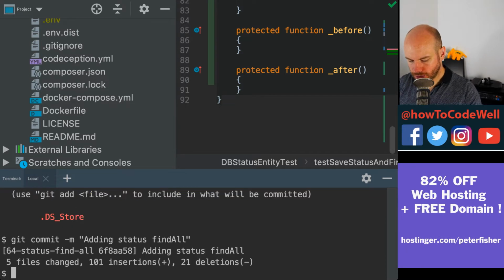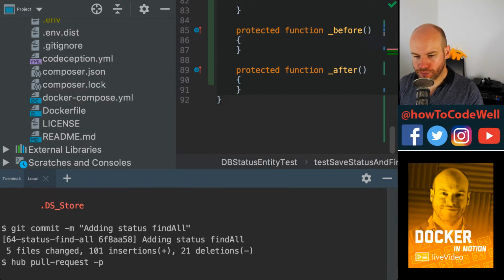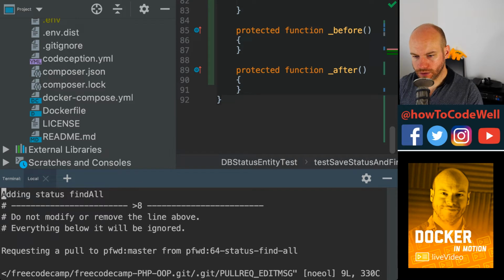Wonderful. Let's do a git pull request. Sorry, it's not a git, is it? It's a hub. I always get those two muddled. hub pull request, and we're going to do -p just to push that up. Off we go. Okay, let's